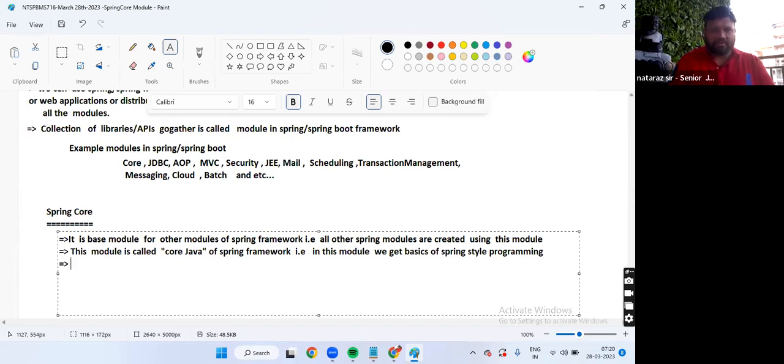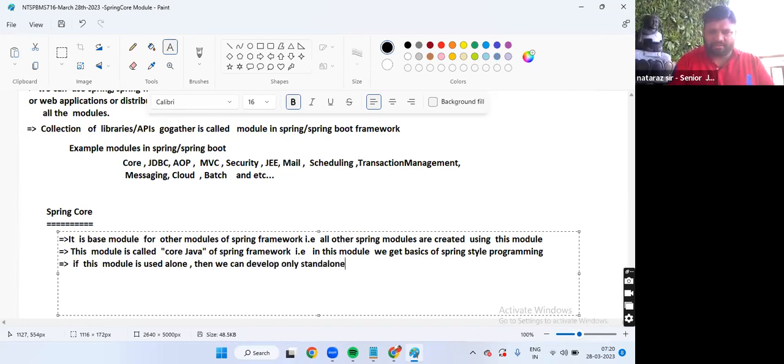Super. If this module is used alone, then we can develop only standalone applications. What kind of applications can we develop using this module? Just standalone applications. Understanding my point?